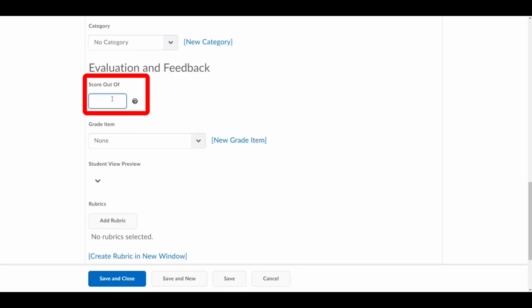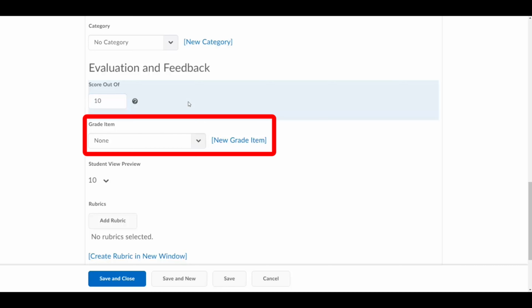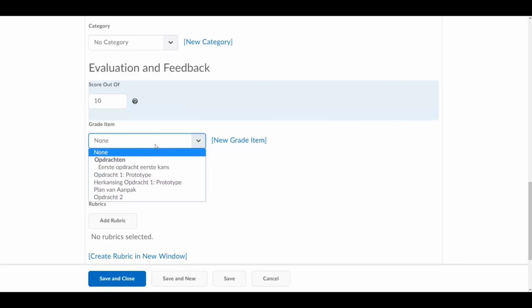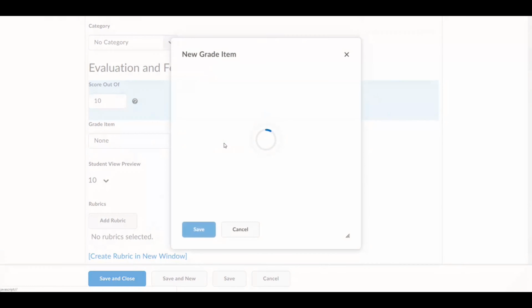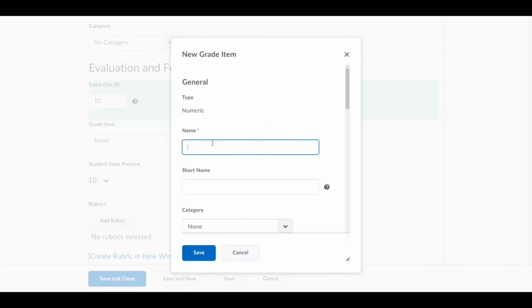Enter 10 under Score Out of. This is a mandatory field in Brightspace. However, the actual results displayed depends on the grade item. You can link a previously created grade item here, or you can create a new one from this screen. Enter a clear title, for example, the same as the name of the assignment, so that students know immediately what the result belongs to. Scroll down a little